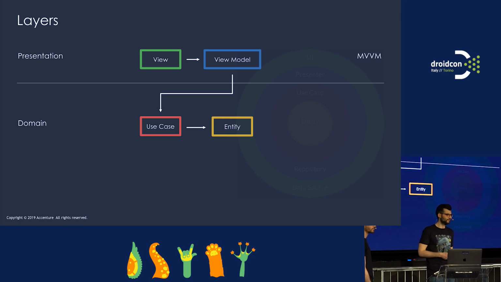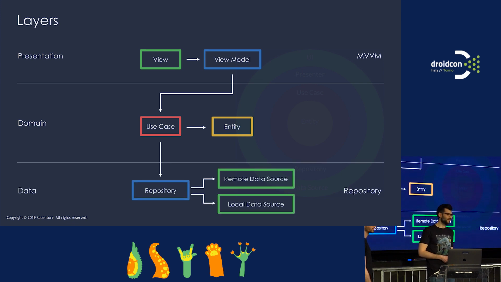Who gives us the real data? The data layer. In the data layer, we find components like repository or data sources that can interact with real data. So, showing you these three layers and talking about the implementation of what a clean architecture looks like,